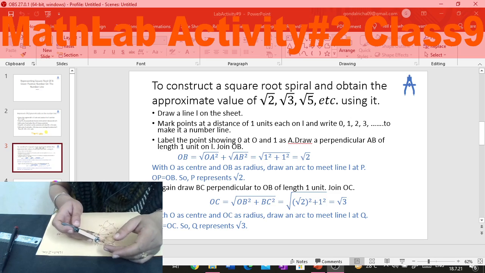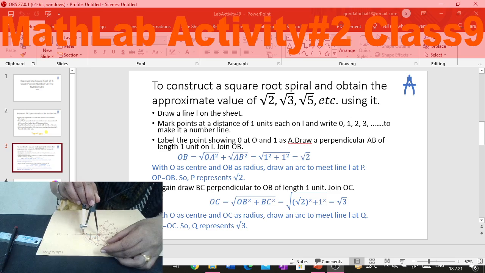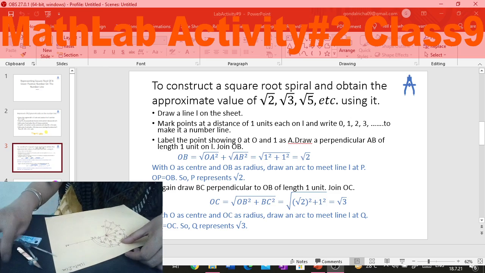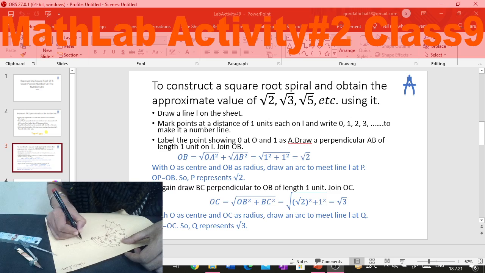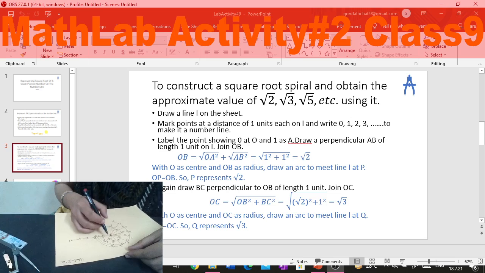Now, if I draw this OD on my number line, I will find that this is exactly intersecting at the value 2. Look at this. See, here it is coming at point 2. I have marked it like this, 2 centimeters apart. So this point is R, so that means this OD is equal to OR.